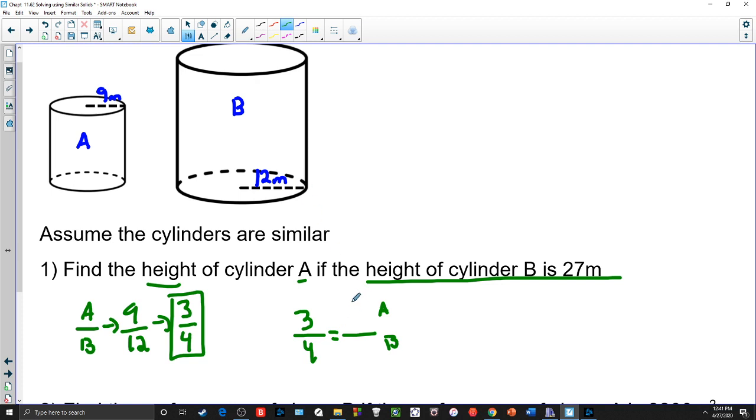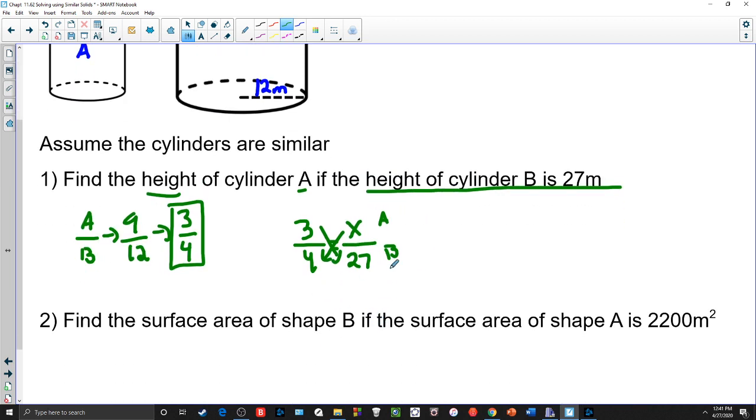I put the height of cylinder A, which I don't know, so that'd be x, over the height of cylinder B, which they tell me over here is 27. And then I can go ahead and do my cross multiplication solution. So height is just the same way as length, width, perimeter. All just means take your scale factor, set up your second fraction, and cross